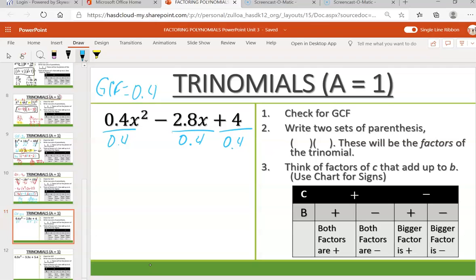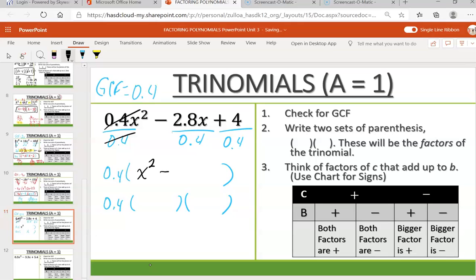And when we do so, we're going to put the quotient in here. But don't forget to set up your answer, bringing your GCF down and your two sets of parentheses. So 0.4 divided by 0.4, they're going to cancel out. You're left with x to the 2